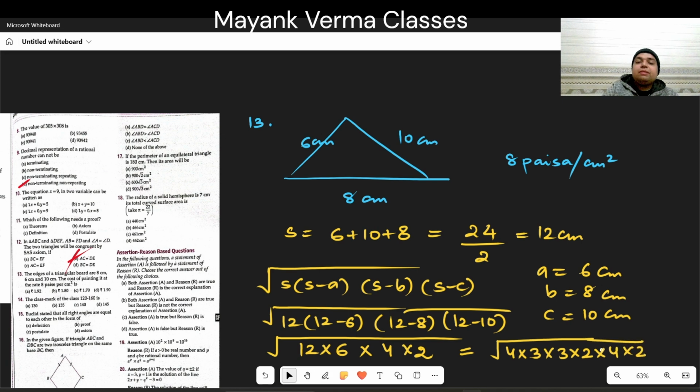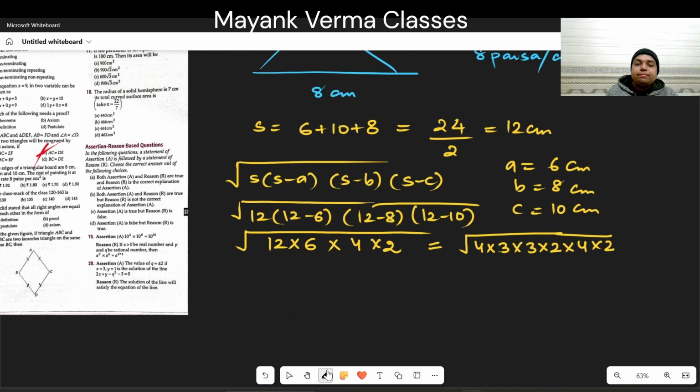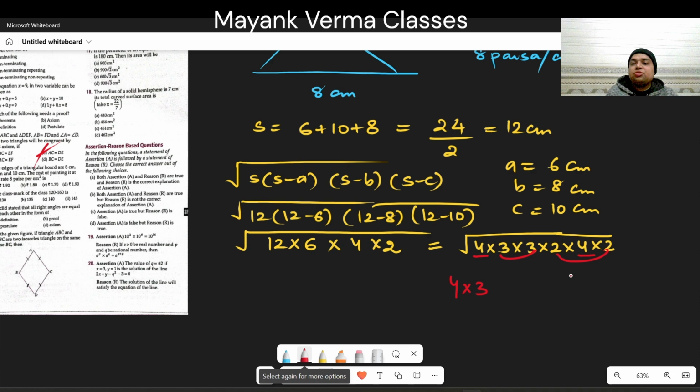So let's make pairs out of it. If we see carefully, this 4 and this 4, one 4 will be outside, and this 2 3 and this 2. So 4 times 3 is 12, 12 times 2 is 24. So 24 centimeter square. This is the area of this